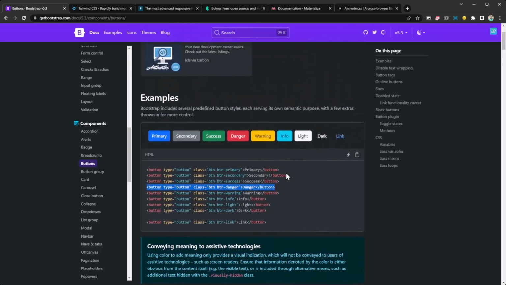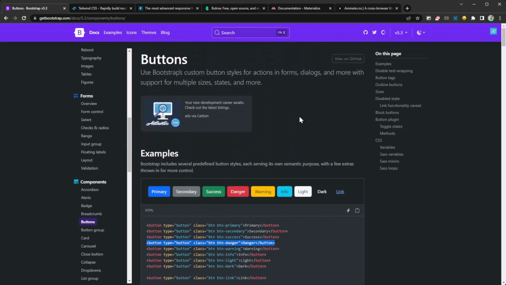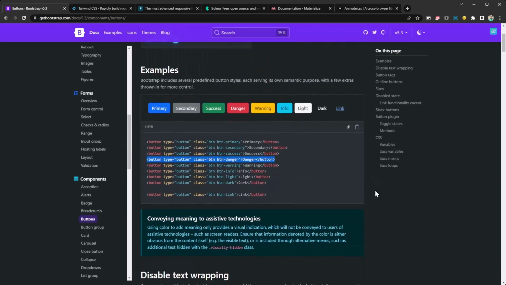If you were to do this by yourself, you would have to add these classes, open a new CSS file, and add the design for all of these buttons. So it's wonderful. Whatever element you're looking for to add to your website, you can easily find it already designed in Bootstrap. So it's wonderful, and it is quite fast. So you want to check it out. Definitely, this is one of the best CSS frameworks. So moving on to the next,